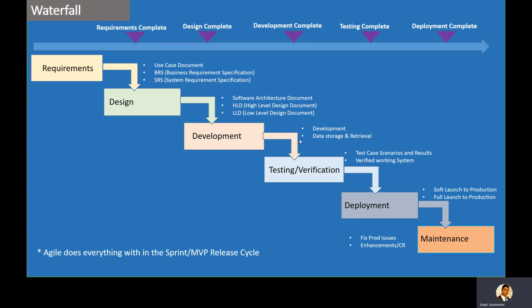When development starts, we keep on doing the development of the project and the unit testing within the application. Because it's a milestone oriented or phase oriented approach, when one phase is over, a milestone is complete: requirement complete. The other phase is over: design complete, the other milestone. The third milestone is development complete.